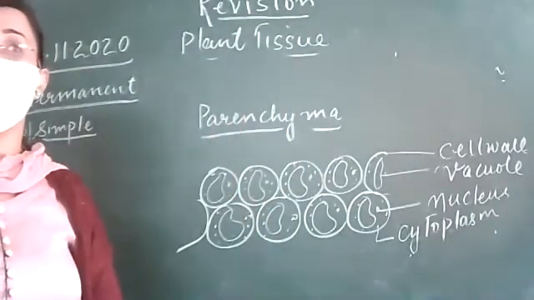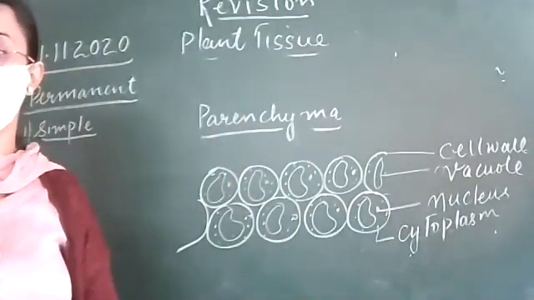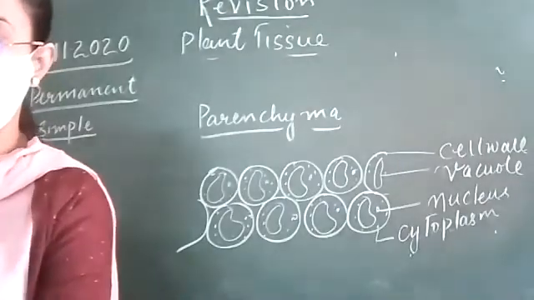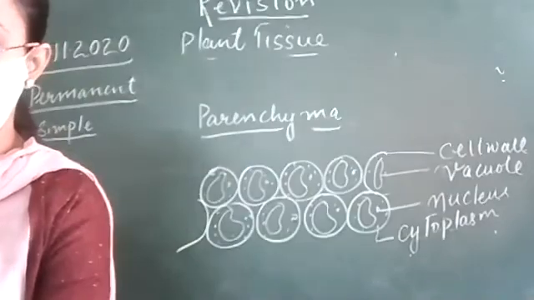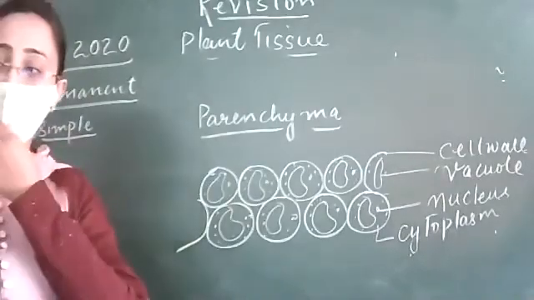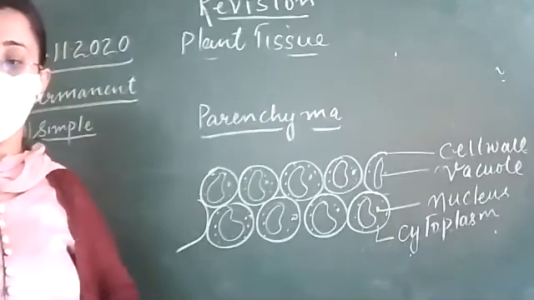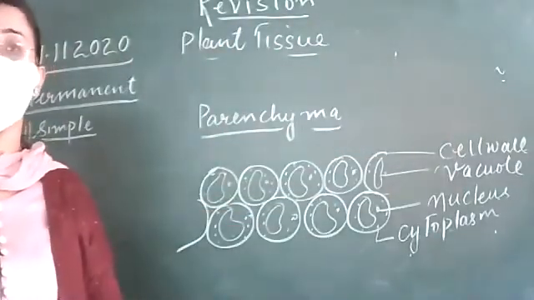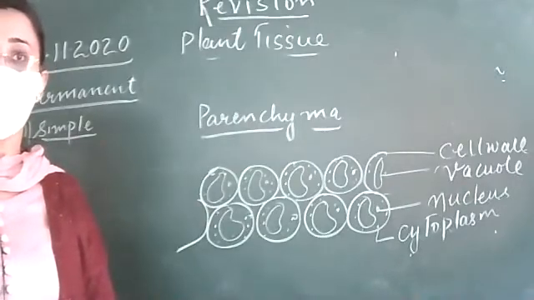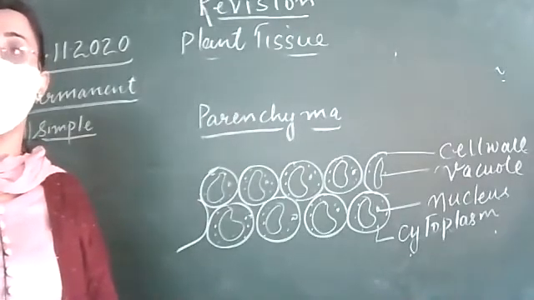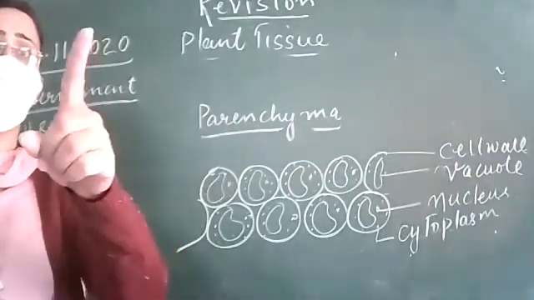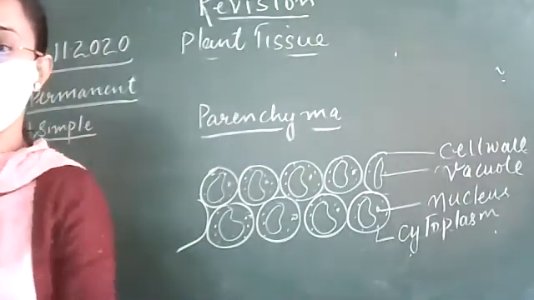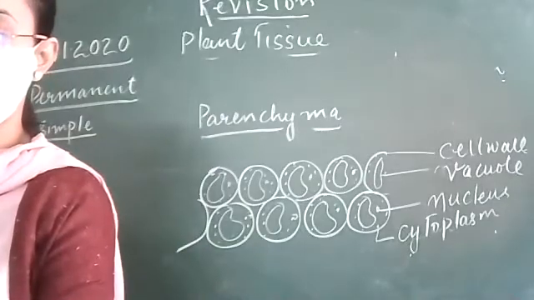Very good. Mesophyll of the leaves. Very good, pith. You know very well. Anyone more? Bhumika, you can complete the answer. Hurry up. Ma'am, it is cortex and epidermis. Cortex, epidermis, endodermis, or... Ma'am, and parenchyma for floating.